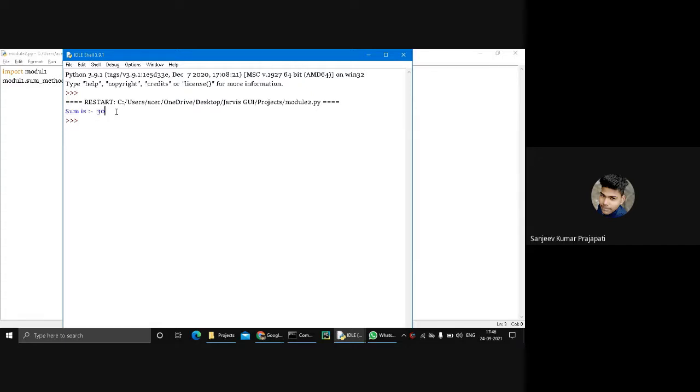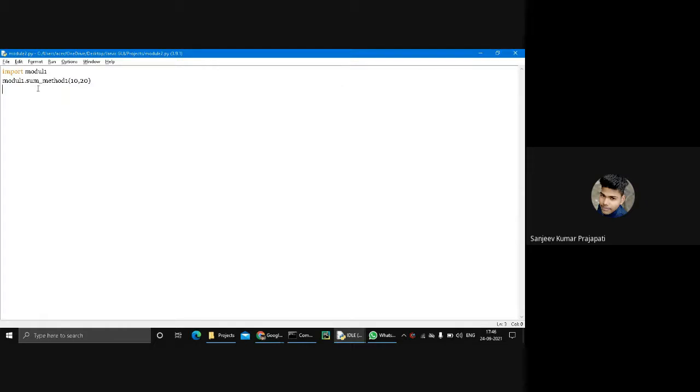Yes guys, now it's clear how to fetch the data of any module and how to print the data. When we call any method or function, we type this module name again and again. So I want to alias this module as m.